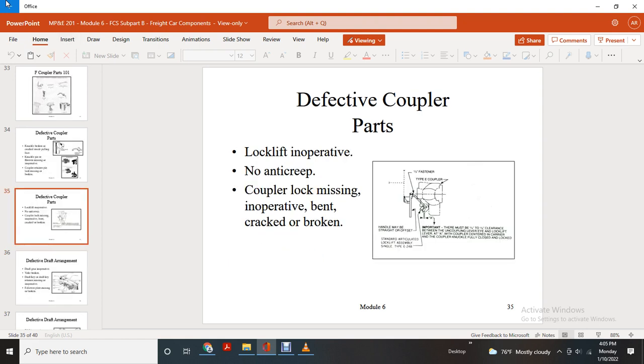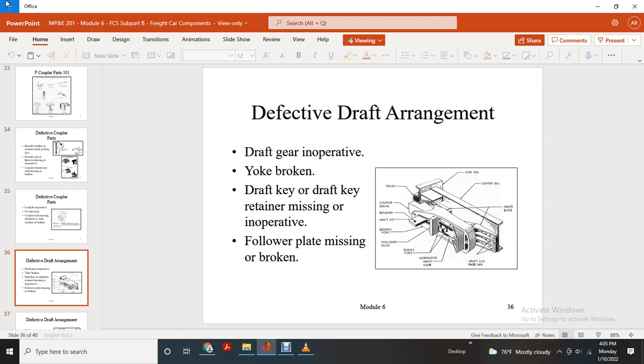Defective coupler parts like lift inoperative, no anti-creep, coupler lock missing, inoperative, bent or broken, cracked broken, defective draft arrangement. Draft gear inoperative, yoke broken, draft key retainer missing, inoperative, follower plate missing or broken, and show the essential draft lug fastener, the non-draft gear, and broken yoke, follower plate, broken yoke, draft key, retainers, coupler, and shank, and